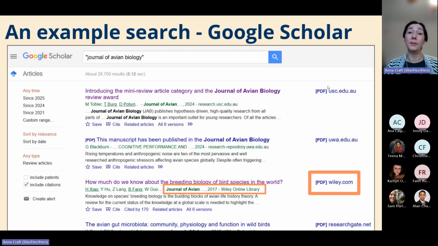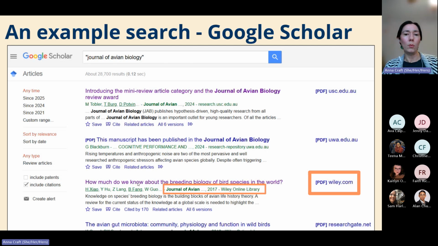Google Scholar has a ton of stuff in it, and they aren't very open about how they decide to get content in here or the criteria that they're using. So this is a little bit opaque, but it's still a potential place to start and is freely available to people. So I did another search for this journal, and here we have to use some of our critical thinking skills because we see there's a lot going on. So we're seeing Journal of Avian Biology mentioned. We also want to look at where it's coming from. So it looks like these first couple might be coming from institutional repositories or associated with EDU addresses.